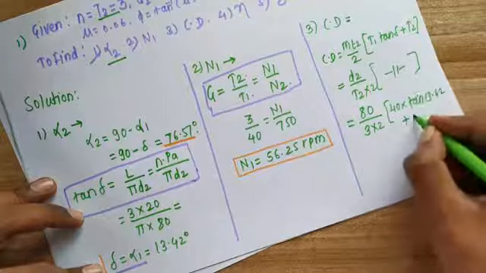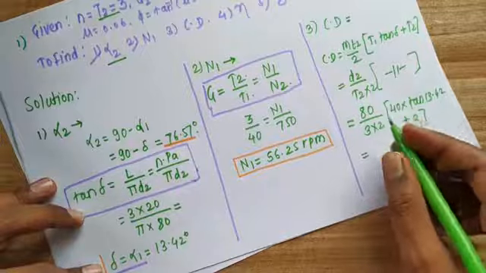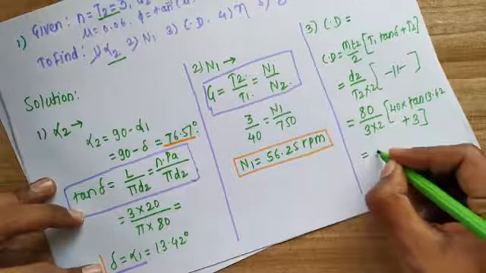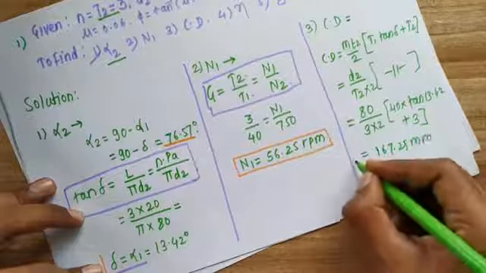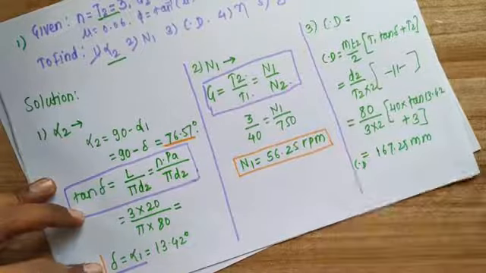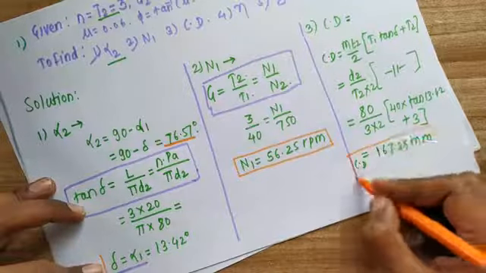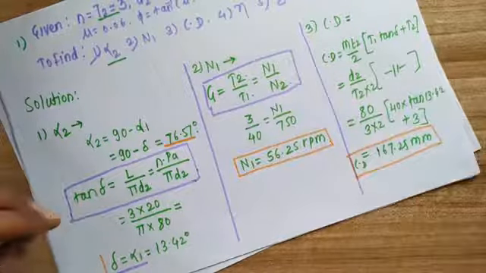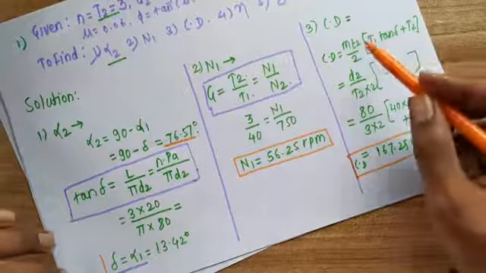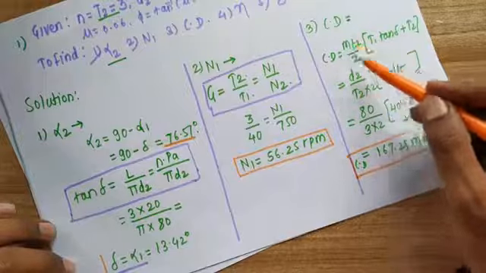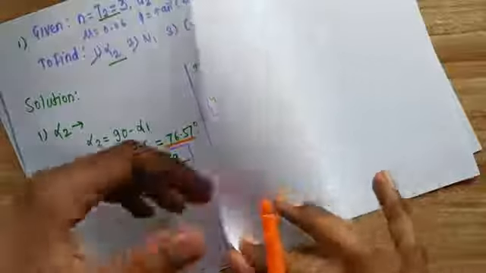How much is T2? 3. And finally, by calculating this, we will get 167.25 mm. So this is our center distance. Just straightforward again, to find out center distance also, we just use the formula of center distance, and all values are known. Only we put MT2 in terms of D2 and T2. So these three things we have found out till now. Now we will see the next terms.